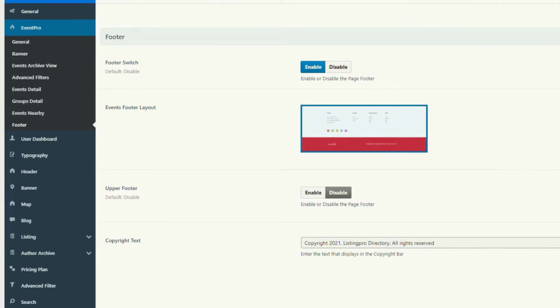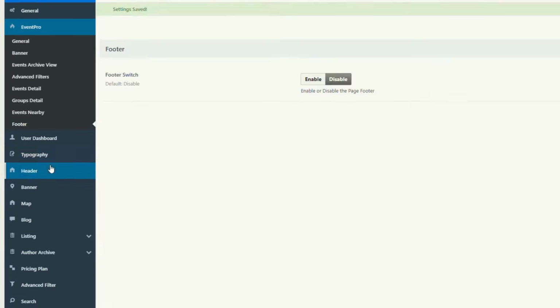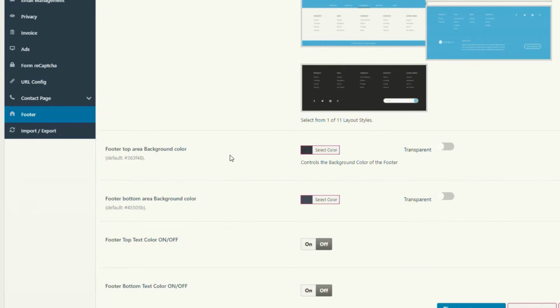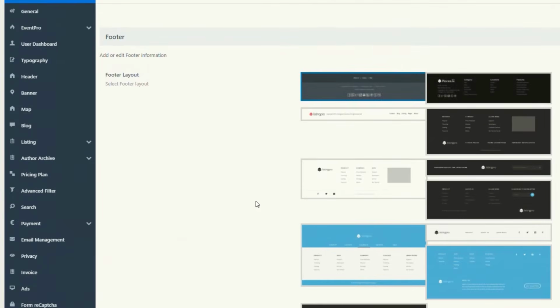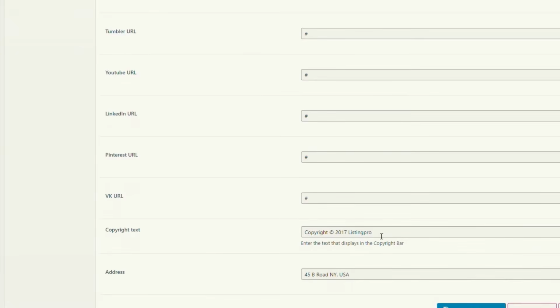So head over to our admin. We're on EventPro here, and if we go to footer, you'll see there's really just a few limited options here. So what I would do is actually disable this, hit save changes, and then go down and you'll see footer again in the main ListingPro directory menu. So we'll hit this here, and we might select, say, this one here,